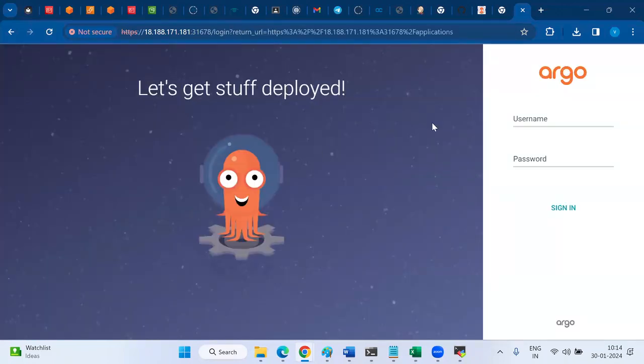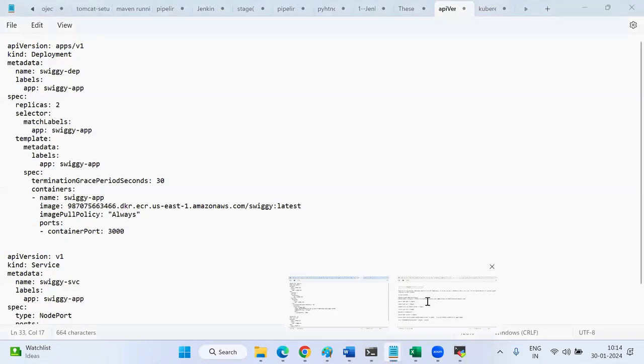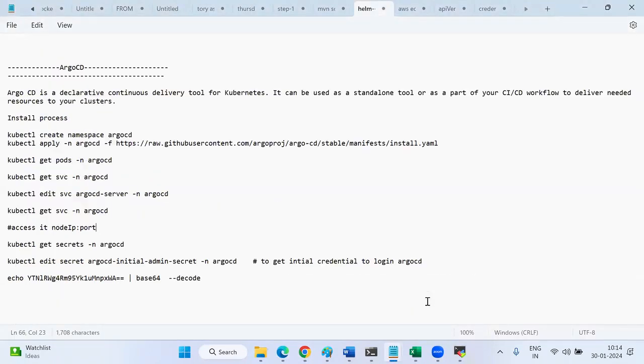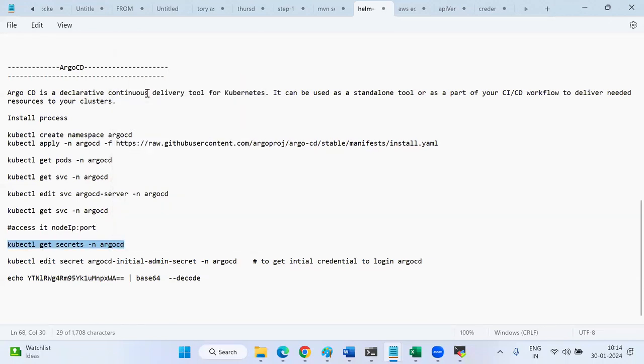Now the concept is the admin password. The username is admin. But what about the password? See, in Jenkins also we can run one command to get a password, right? Same thing here also. Secrets are there. kubectl get secrets. Already we discussed in Kubernetes, secrets are going to be stored in etcd, right? In Kubernetes. So if I run,